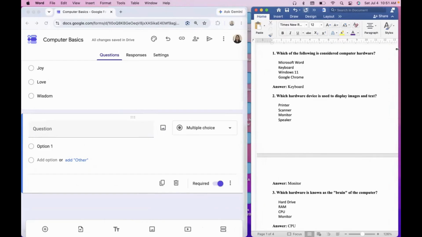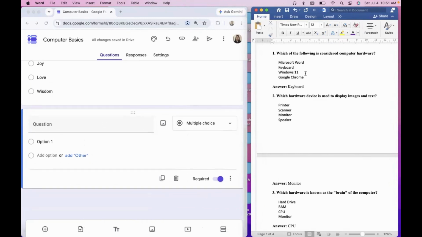Cascade it so that you can see two windows at the same time. This is your questions and this is the form. All you have to do is copy the question from your document and paste it to your Google Form here at the left side. So I'll copy the first question. I will not copy the number anymore.